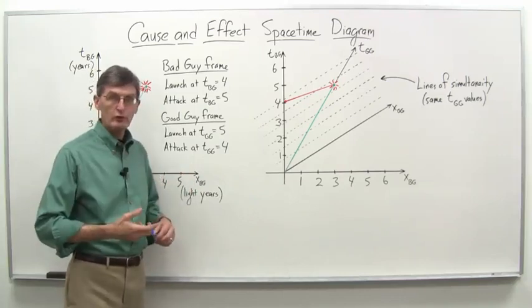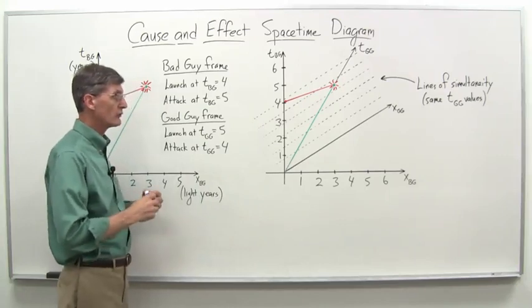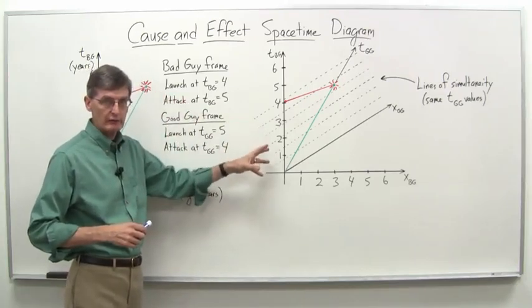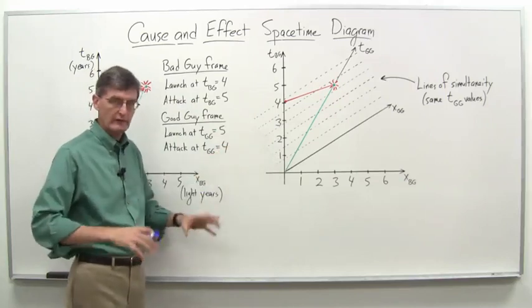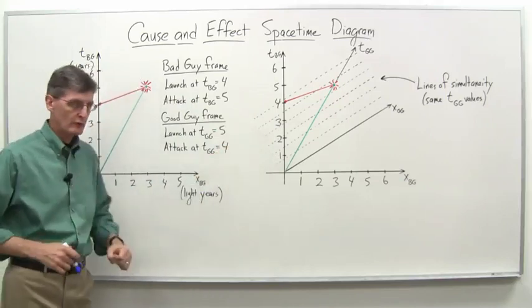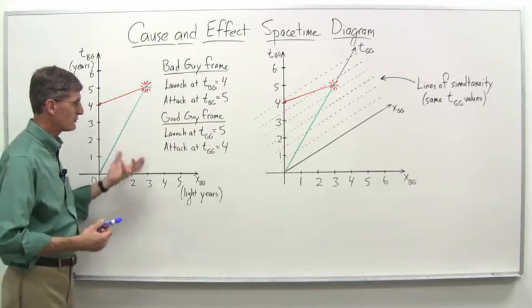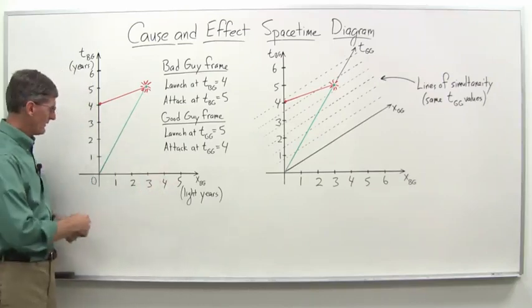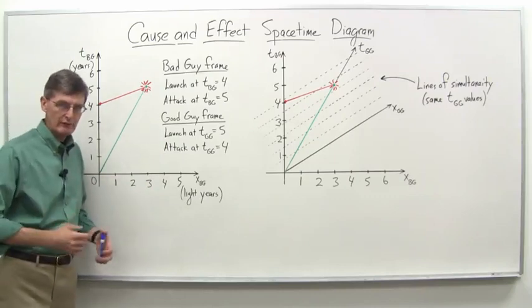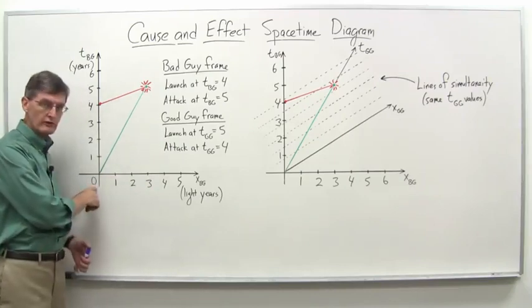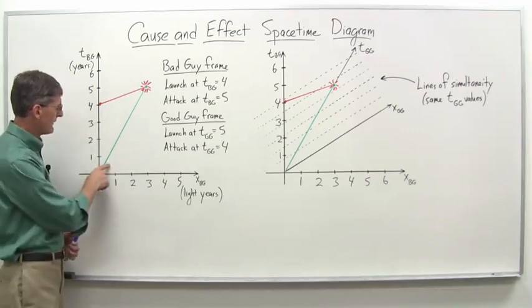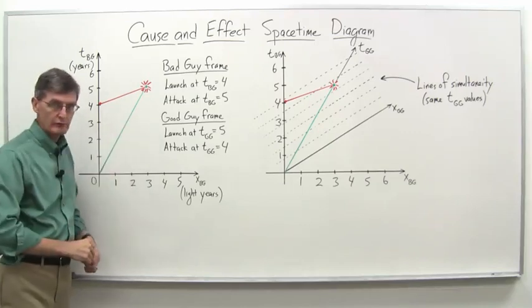So let's just review what that situation was, and then we're also going to apply our space-time diagrams to the situation and visualize it in another way to get a better idea perhaps of what was going on. So remember the situation we set up was that we had the bad guys and the good guys, and they signed a treaty at the bad guys' planet in year 0, at which point the good guys took off in their ship at 0.6 times the speed of light.